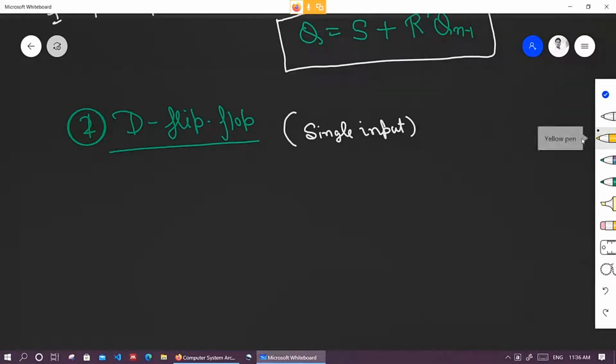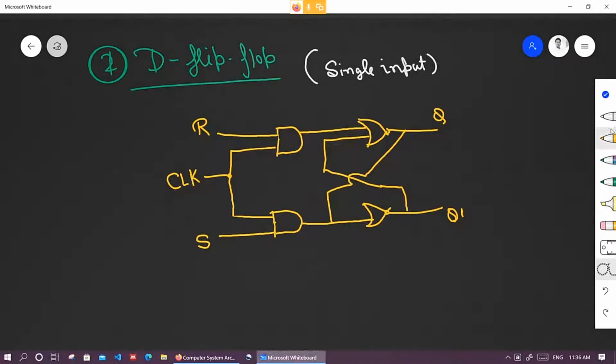So you can see now I am doing the modifications in the RS flip-flop only, so you can get this thing that where is the design coming. So what D flip-flop did, let me clear this out, and you will also get the intention of D flip-flop, what and why this has been done.